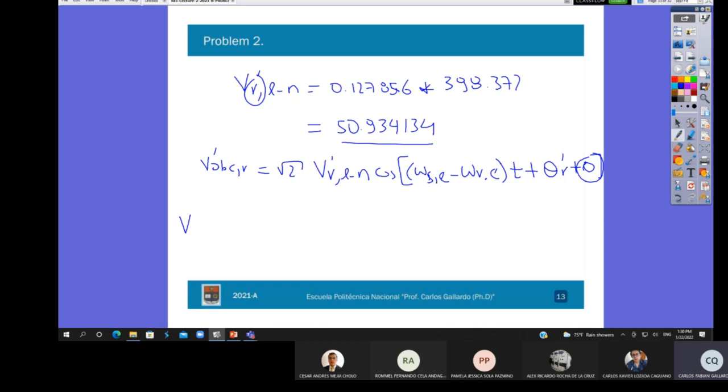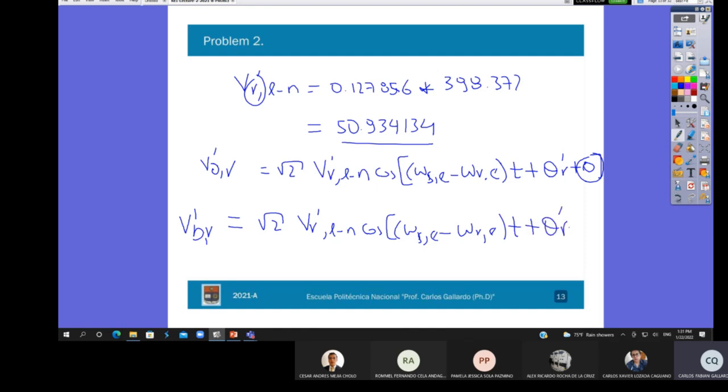What about phasor B? For phasor B, I will have a phase displacement of 120 degrees. So the square root of 2 times the line to neutral voltage, cosine of the stator electrical speed minus the rotor electrical speed, times the time, plus